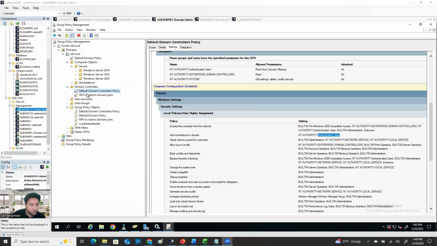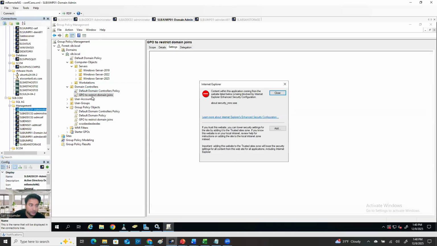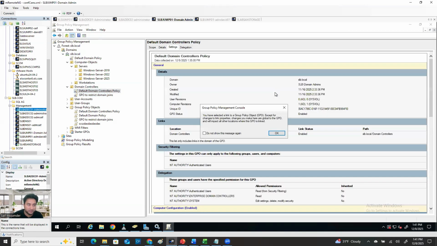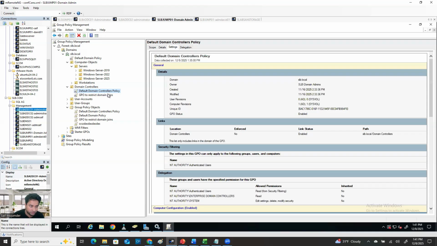So what you can do, you can just modify the default domain controller policy, or you can create a new one, either one. But if you create a new one, make sure it will be on top of this. That's what you have to make sure. I'm going to show you how you can create a new one, and at the same time, if you want, you can modify this one. But modifying this one is not a good idea in some cases, but it's up to your organization. So modify means right click, go edit,